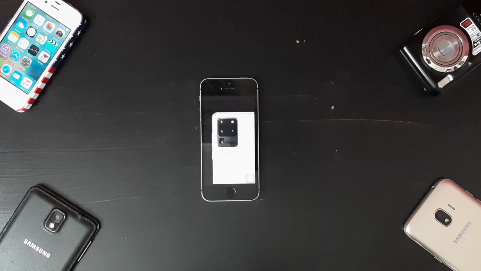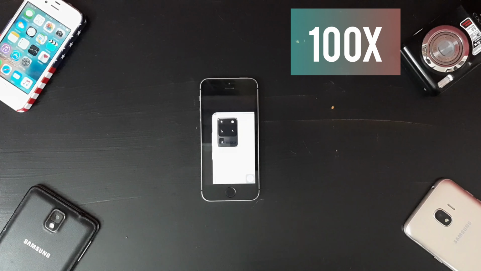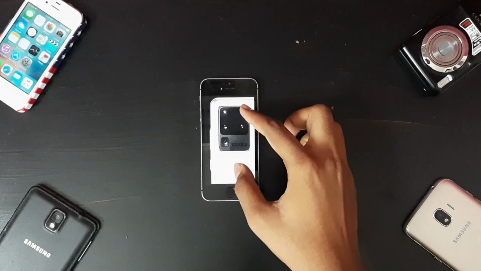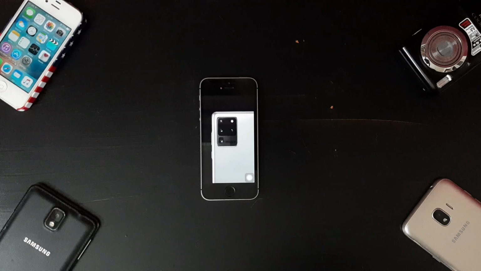And oh my god, the Samsung Galaxy S20 Ultra can zoom up to 100x using its space zoom camera over here. The newer smartphones also use zoom technologies like space zoom, and most of the new smartphones like the Oppo Find X2 use periscope zoom, which can zoom up to 30x.